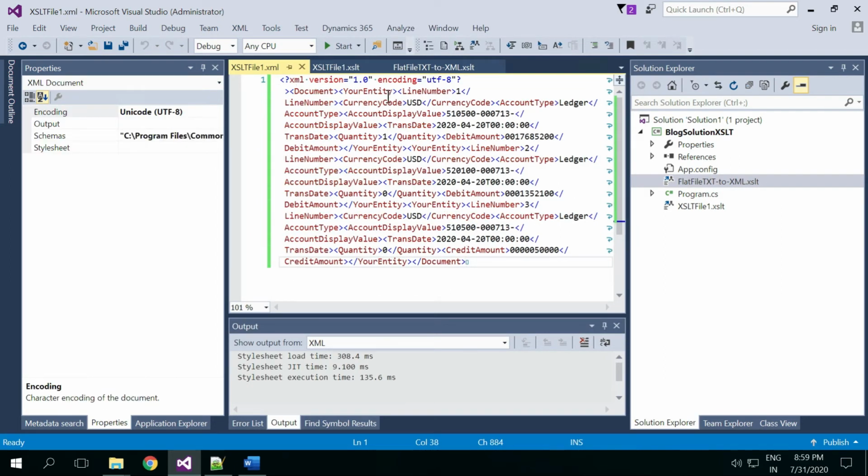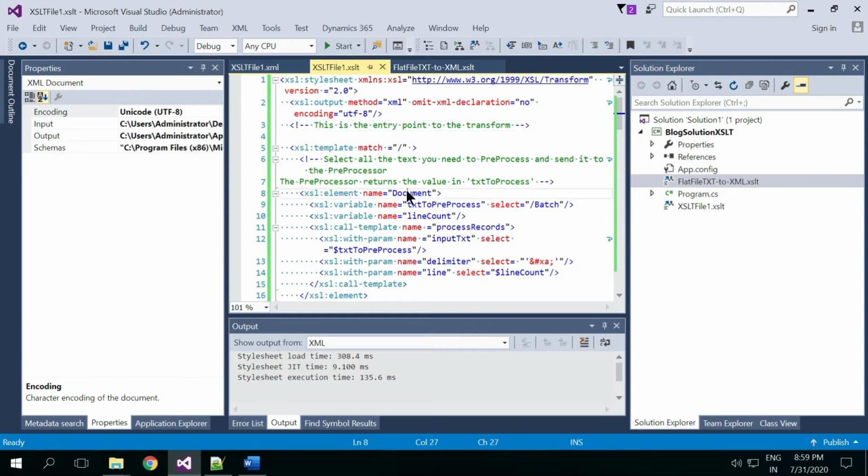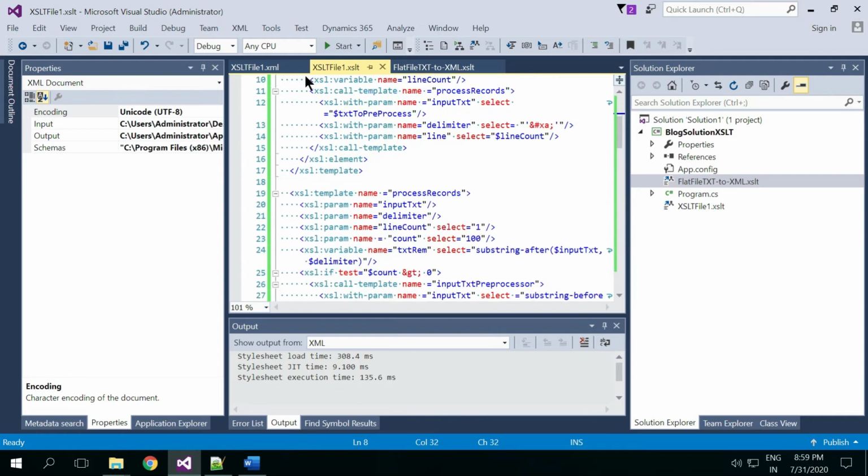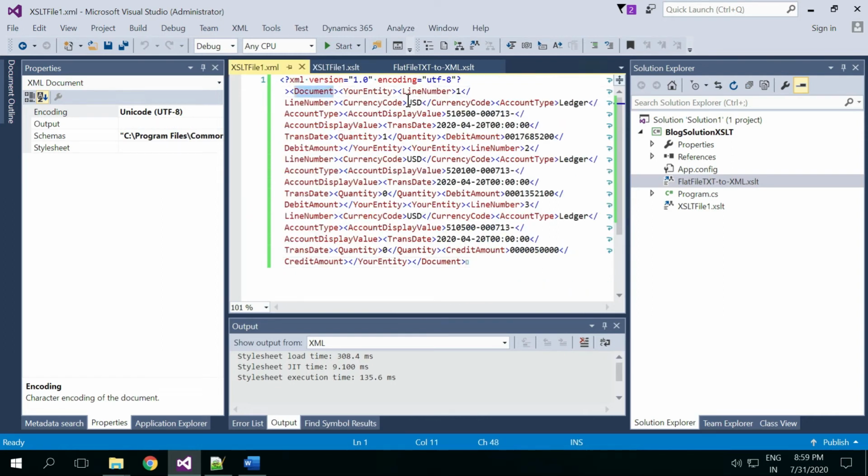You can see my opening tag here is document. In the document I have 3 lines: line number 1, line number 2, and line number 3. So I have extracted the necessary information based on that position.